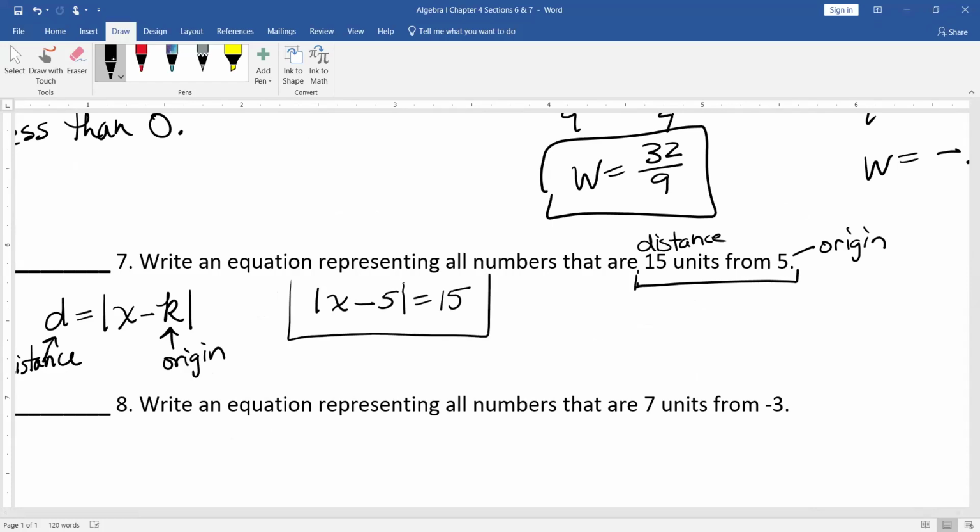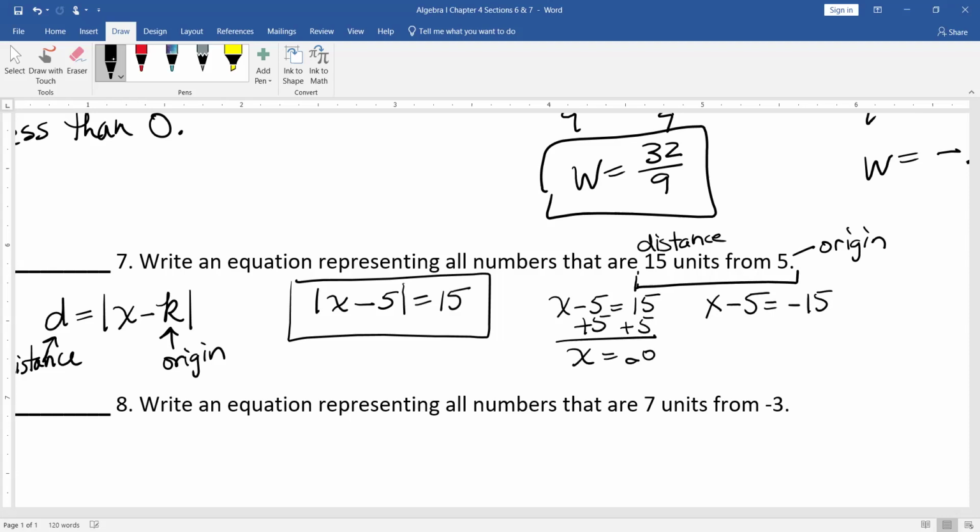So there's my equation. Now let's solve it. So this means that x minus 5 equals 15, or, it doesn't really matter, or x minus 5 is negative 15. So when we solve it, we add 5 to both sides, and we get x equals 20,